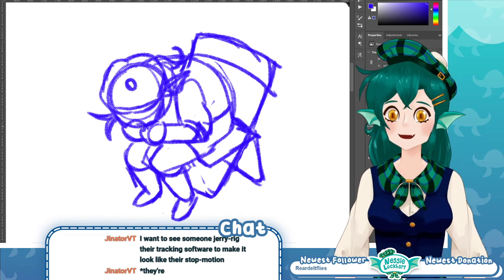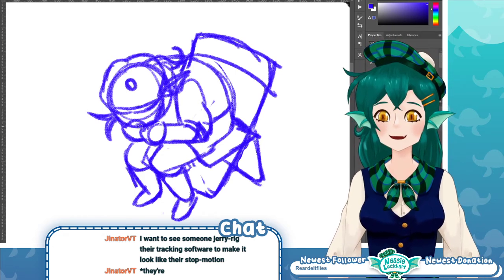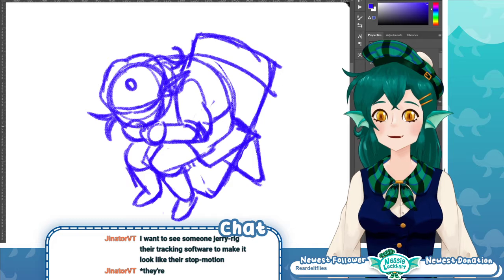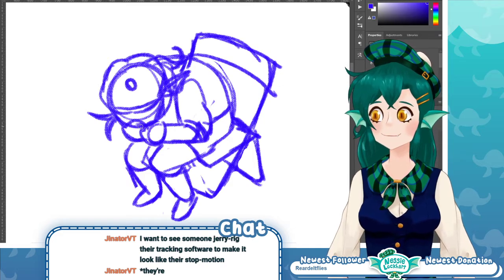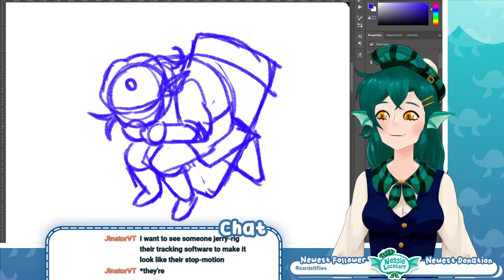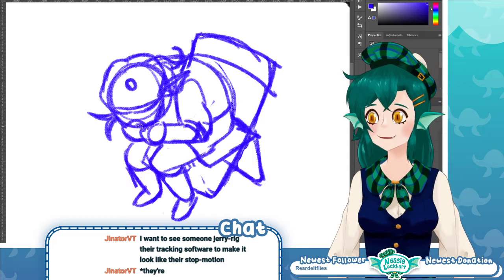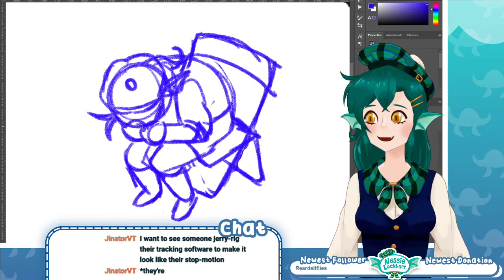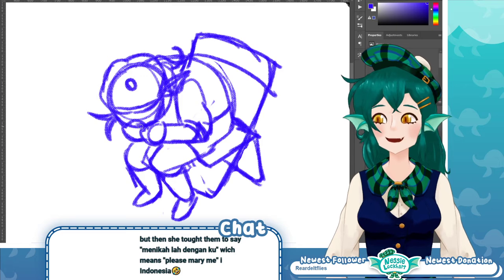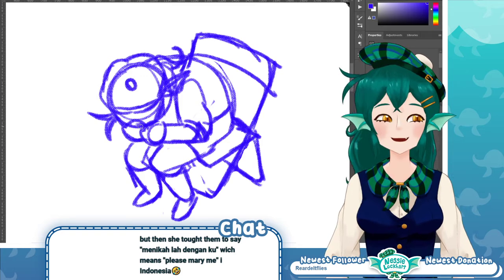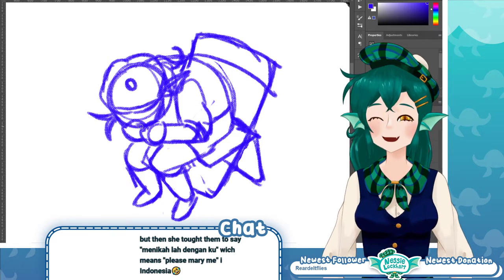I want to see someone jerry-rig their tracking software to make it look like stop motion. Ooh. That's cool, but actually that's not a thing you would probably do with your tracking software.